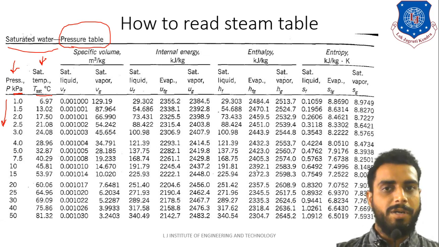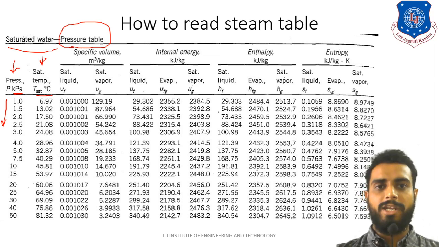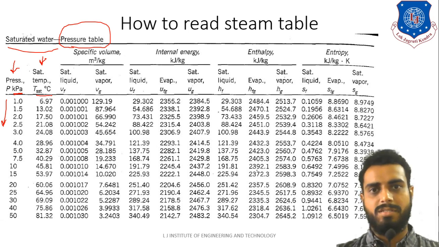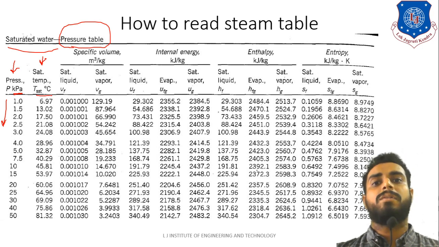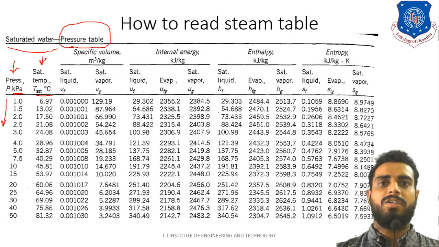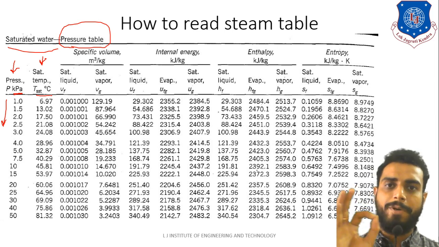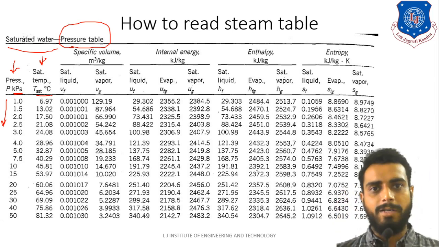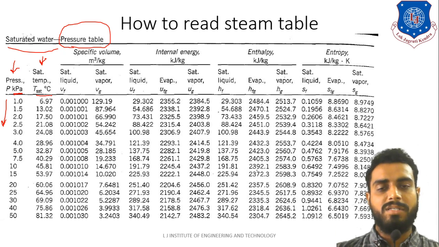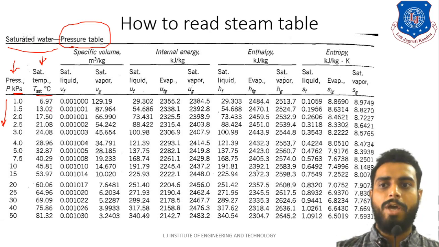Let us understand it in a simple way. For example, as we are all aware, water generally boils at 100 degrees Celsius at atmospheric pressure. So 100 degrees Celsius is the boiling point of water at atmospheric pressure. Now how much is atmospheric pressure in kilopascal? Simple, 101.325 kilopascal. So if your pressure is 101.325 kilopascal, then your saturation temperature is said to be 100 degrees Celsius. Clear?